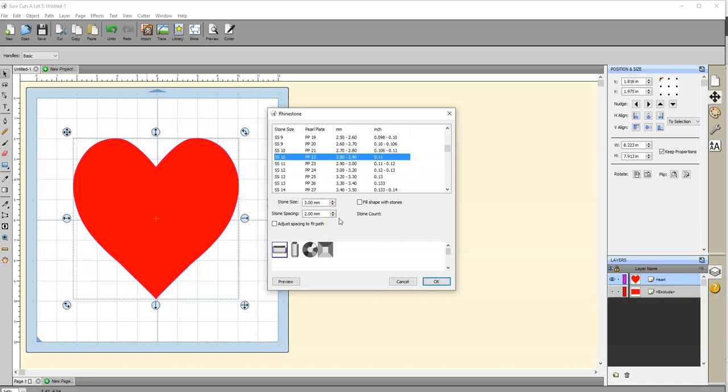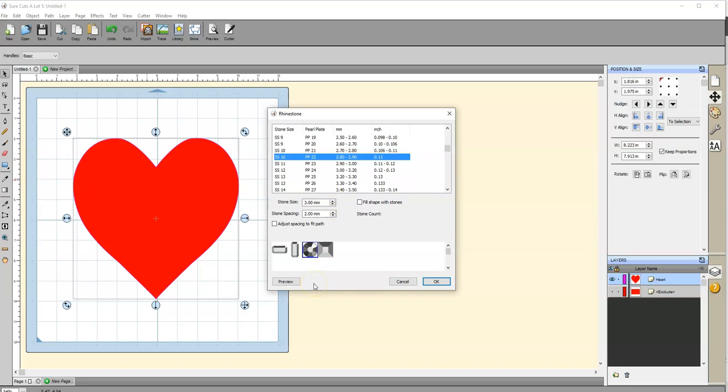And so from there, you decide what kind of stone you want. You can have these rectangle oblong kind, or you can have this circle, or you can have the square kind, which is the nail head. I use this circle type. So I'll go back up and I'll click 10, and I'll click 3. And the next thing I want to do is always click preview before I hit OK,